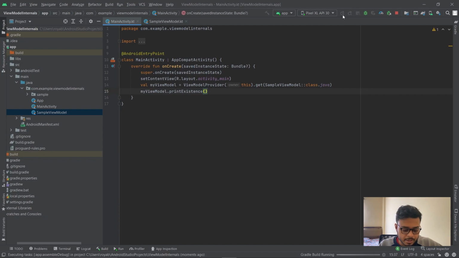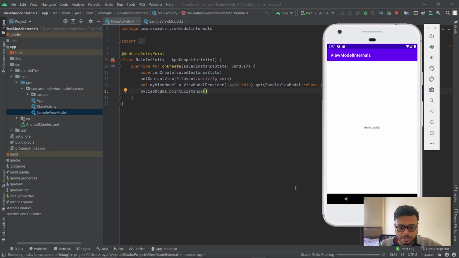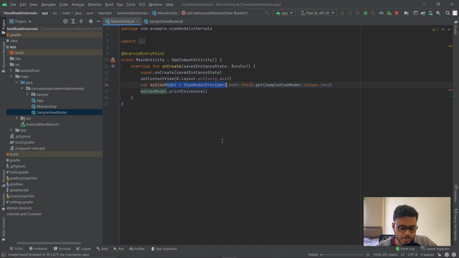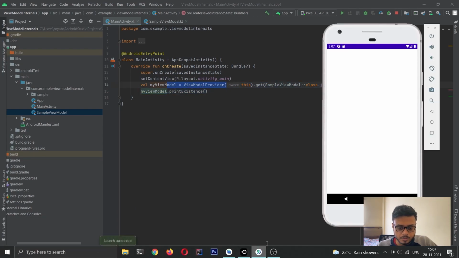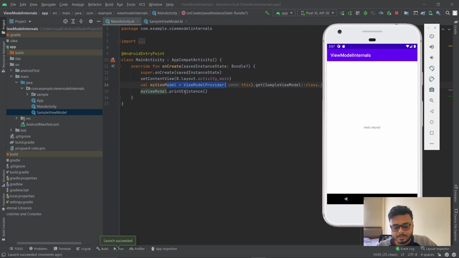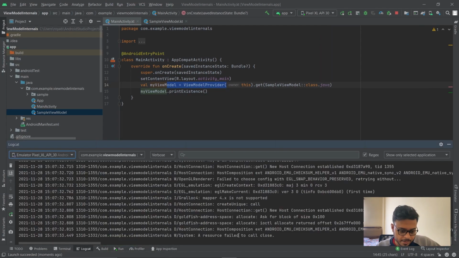If I run this, what should happen is that once the MainActivity onCreate is called, my ViewModel should be initialized over here, and the printExistence method would be called, and I should be able to view in my logcat that a message has been printed.